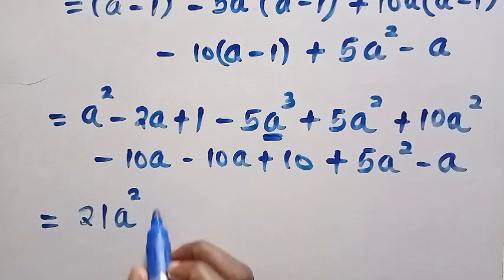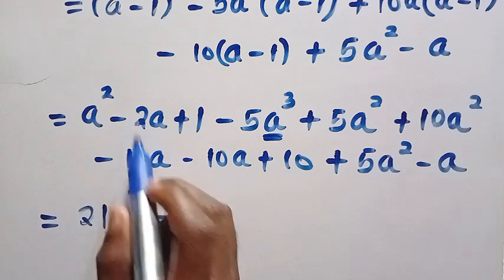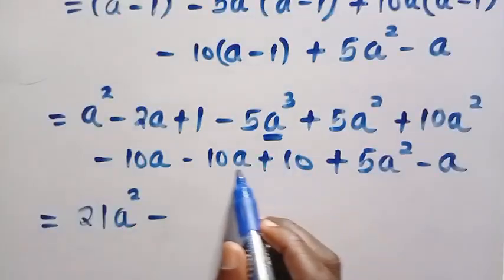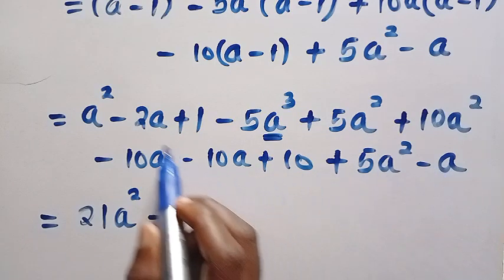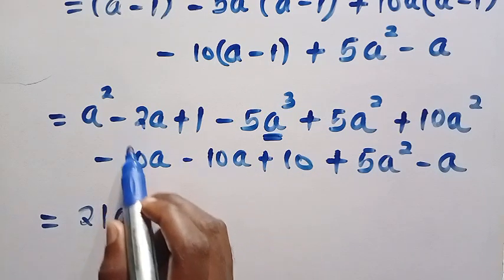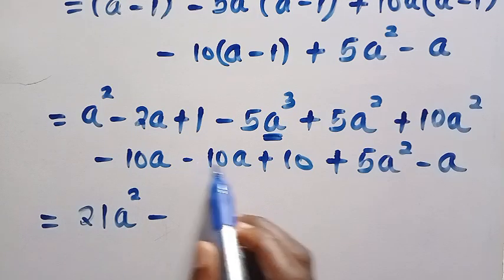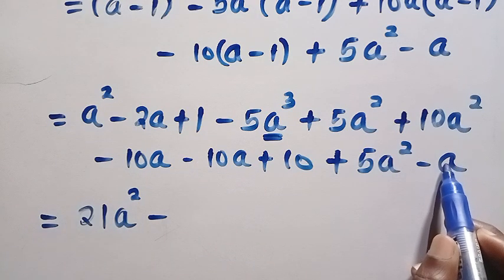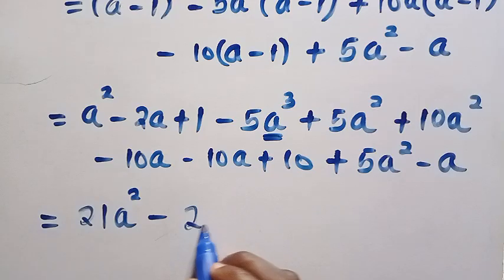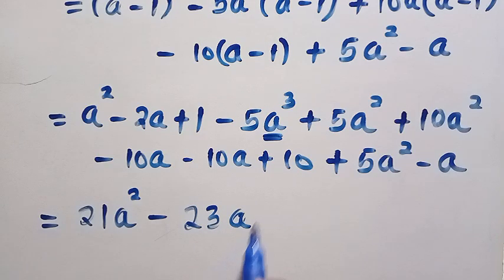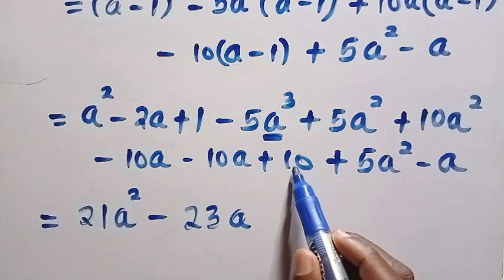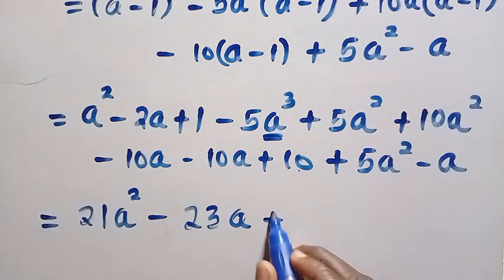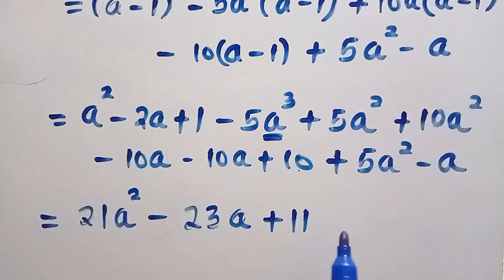Then we have minus, here is minus 2a, and also we have minus 10a, and this is minus a. All the 3's here, they equal minus 22, and with this we have it as minus 23. That is minus 23a, and again we have 1 plus 10, this gives us 11. So we have plus 11, and the only thing left here is this minus 5a raised to power of 3,